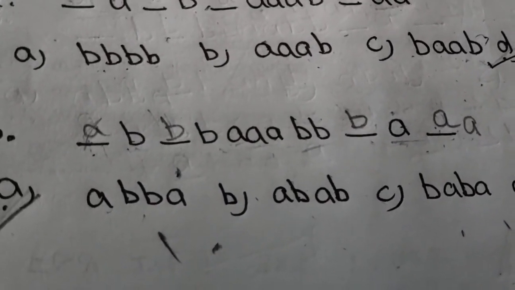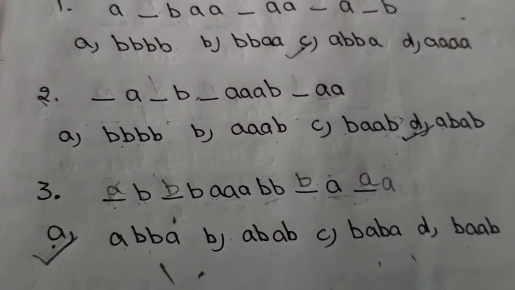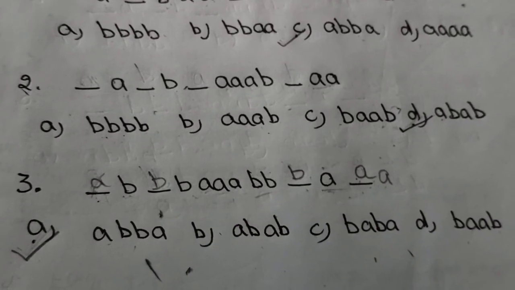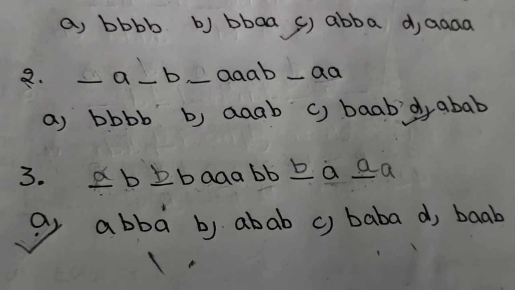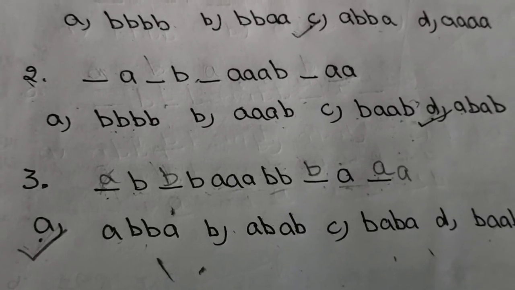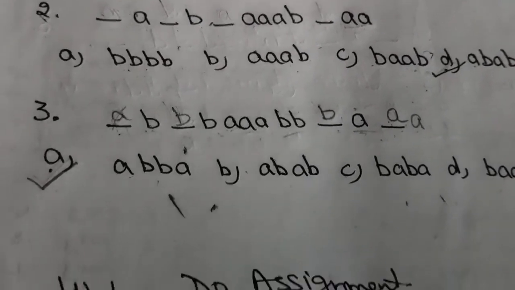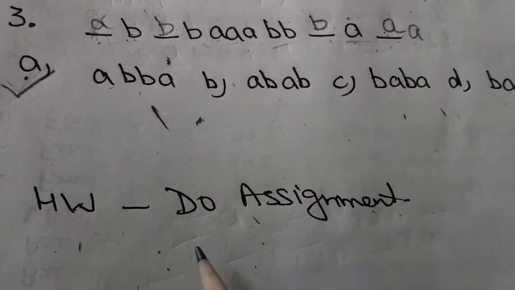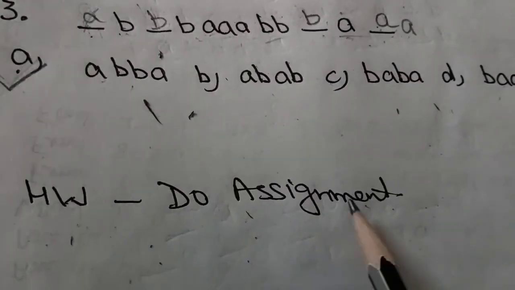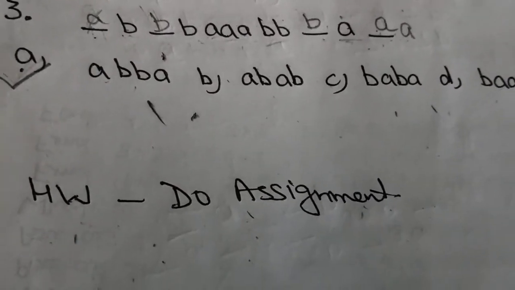So this is called the letter sequence, in which some pattern is made, like 2 times A, 2 times B, or 1 time A, 3 times B, like this. On the basis of the above explanation, one assignment has been made for you. So your homework is to do that assignment. Hope this is clear to you. Thank you, students.